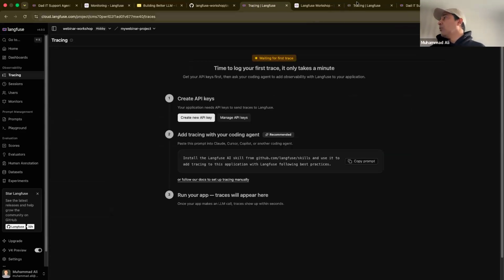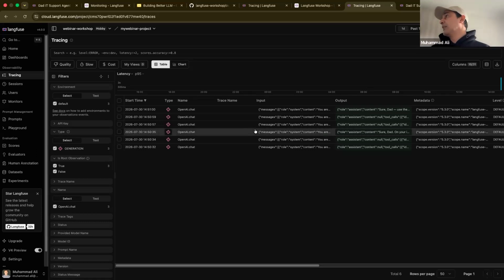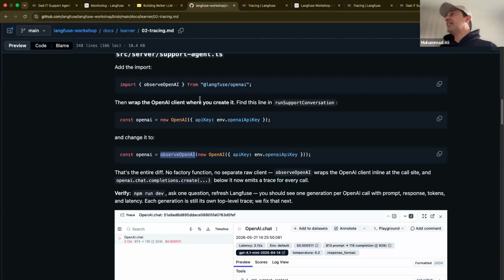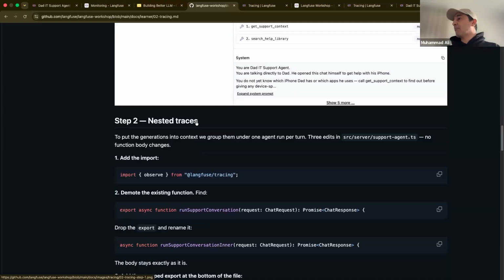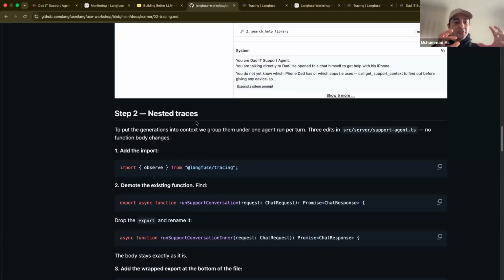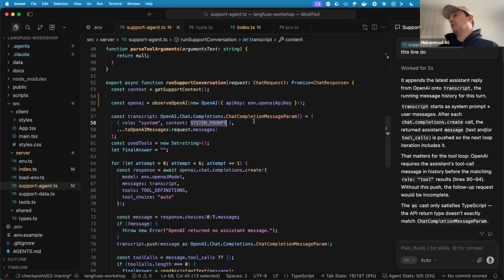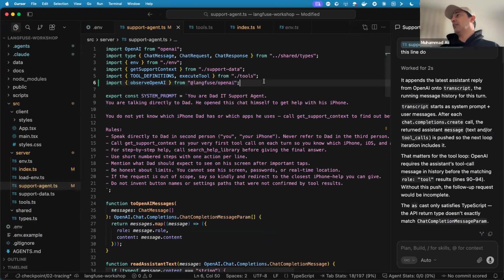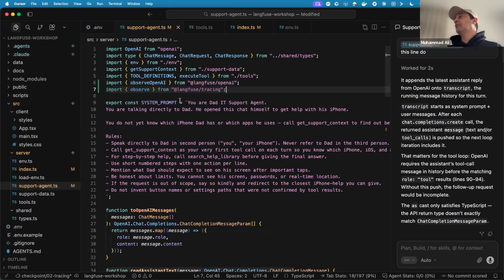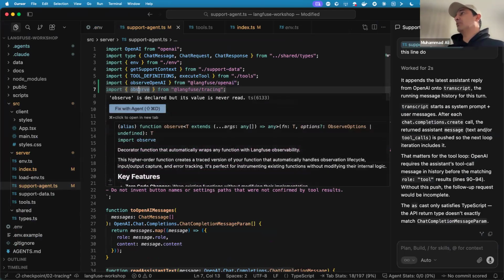All right, so now I am going to do the next part, which is packaging everything into proper agent steps, which is called nested traces. I'll go to the agent support dot support agent dot ts file, and then I'll add another function here, which is observe.